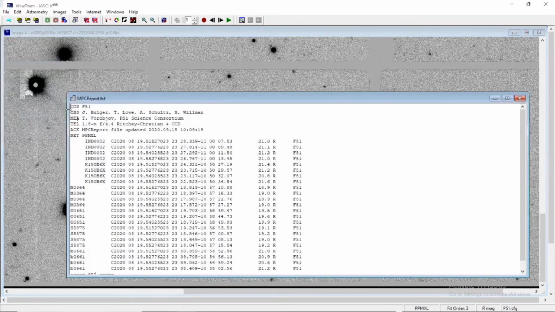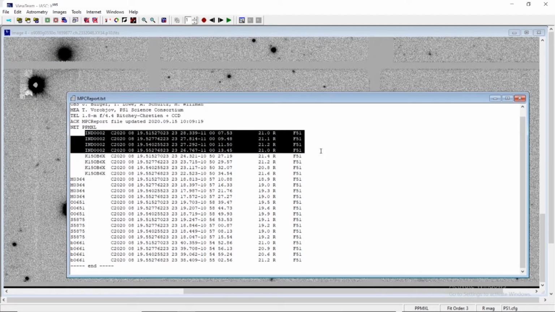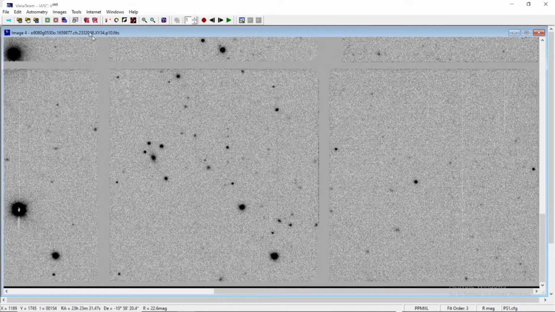Now you see the MPC report. Here it comes. This is your object that is displayed at the top. So this was the designation that I was talking about. So up till now, how many true signatures? 1, 2, 3, 4, 5, 6. So there are 6 true signatures, and in one moving object we have discovered a false signature.